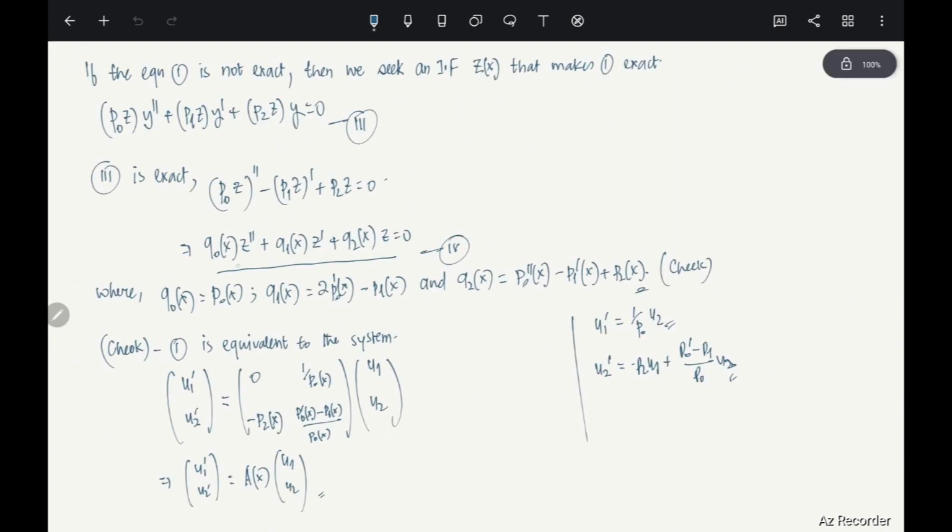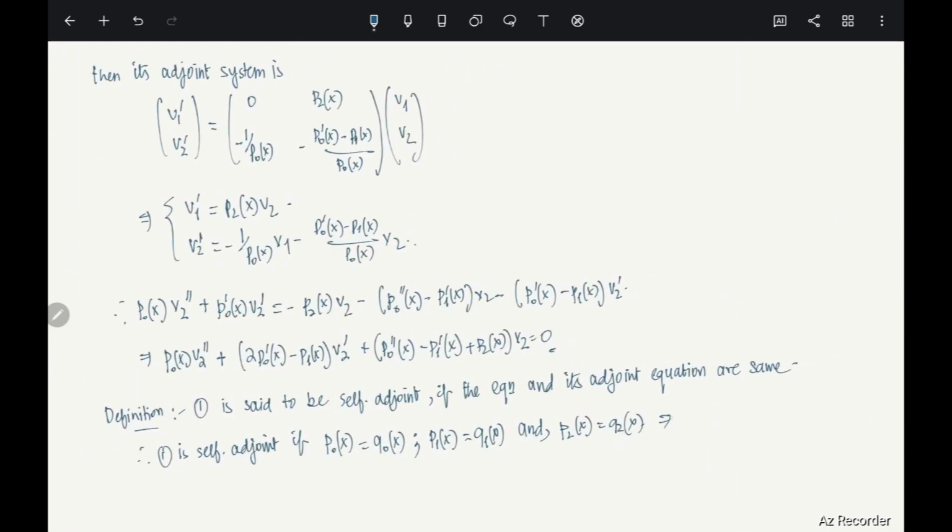See, P naught and Q naught are already the same. If Q1 equals P1, then it says that P naught prime has to be P1, right? That's what it is saying. Therefore, P naught prime of x has to equal P1 of x. That is the relation which the equation has to satisfy to become a self-adjoint equation. So let's put it: therefore, 1 is self-adjoint